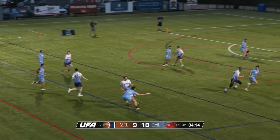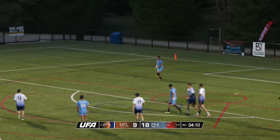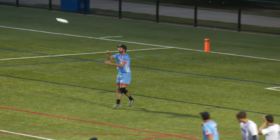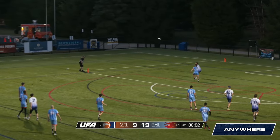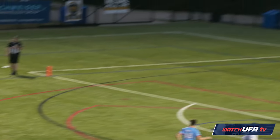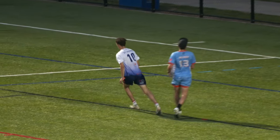Deep look. Ryan with a hammer to a wide open Nardelli for the easiest goal of the night. As usual, Montreal near the end zone is trying. It could also be a scenario where Montreal was looking ahead to playing DC tomorrow, and they're sort of taking this win for granted. Despite the fact that Philadelphia has been blown out a couple of games, they make a